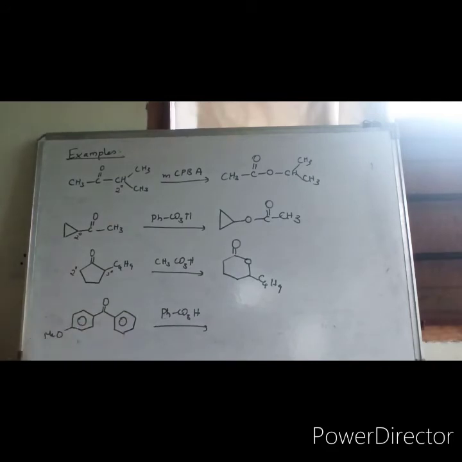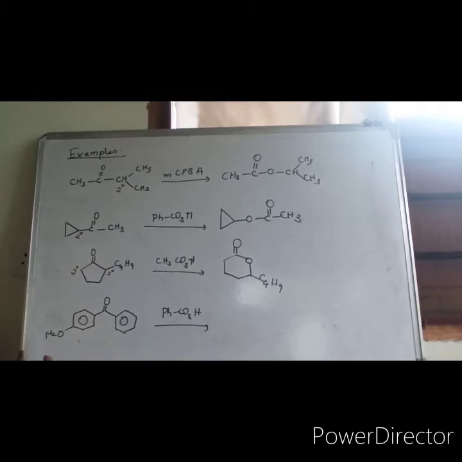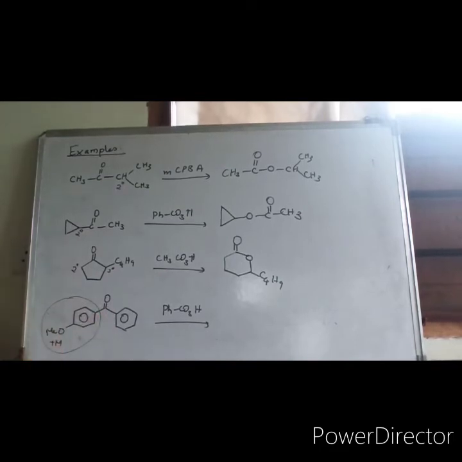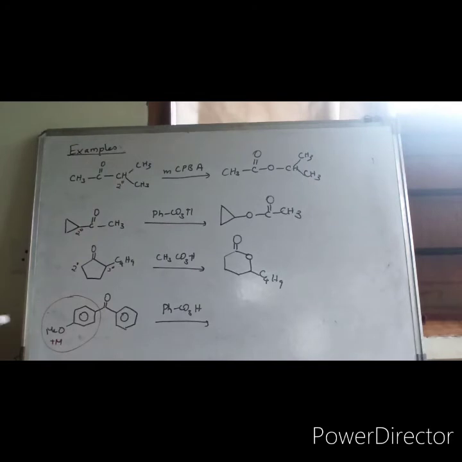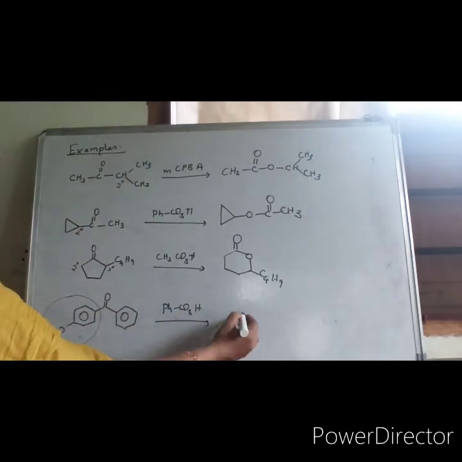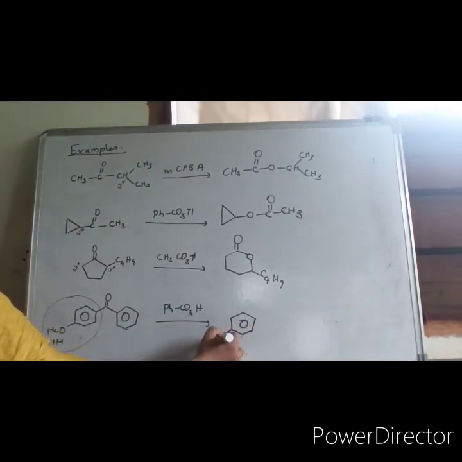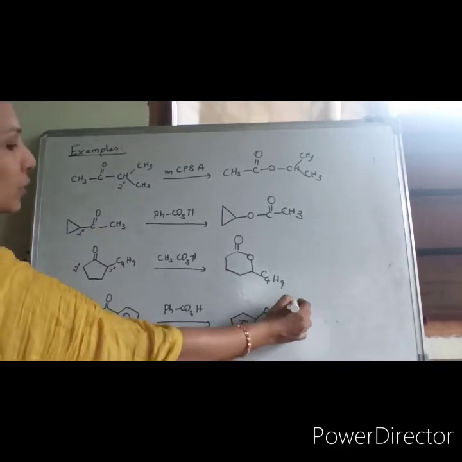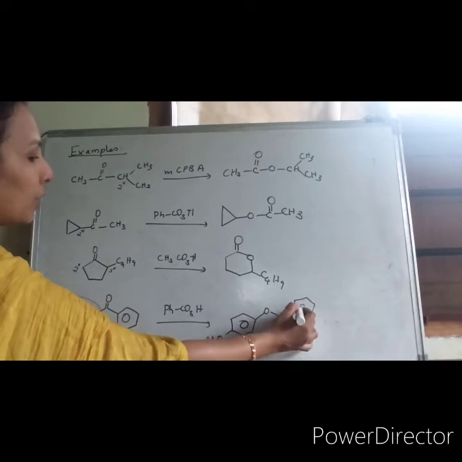Now in this case, both are aromatic rings, and you have to see the migratory aptitude of the ring. Here, without any substituent, the group has a plus M effect. So that means this group will be migrating at a faster rate. So oxygen will come between these two bonds. So the product would be, it's very easy to write if you know the migratory aptitude of the groups. So this is the product which will be formed after Baeyer-Villiger oxidation.